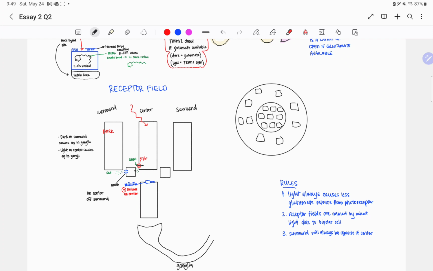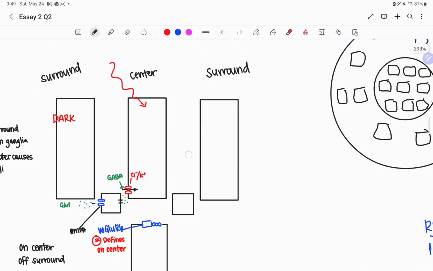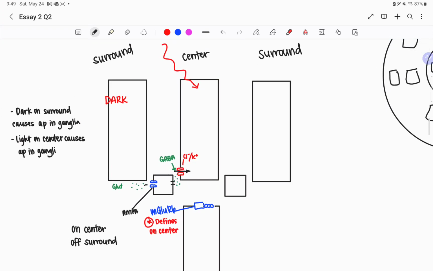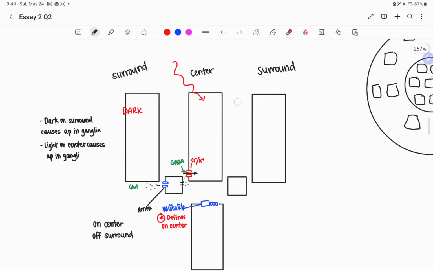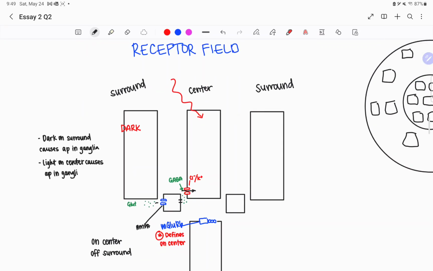But what's happening is when one of these center photoreceptors gets hit by light, if we are in an on-center, off-surround